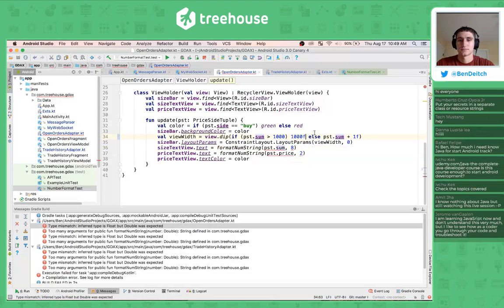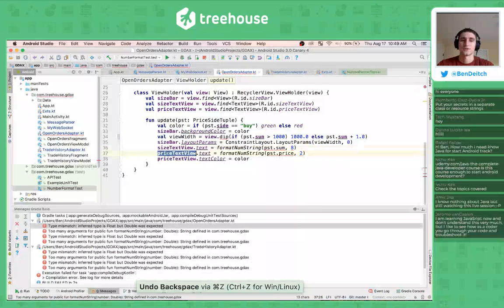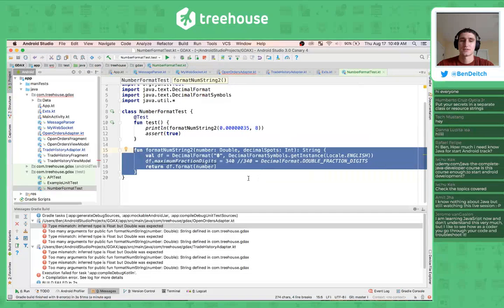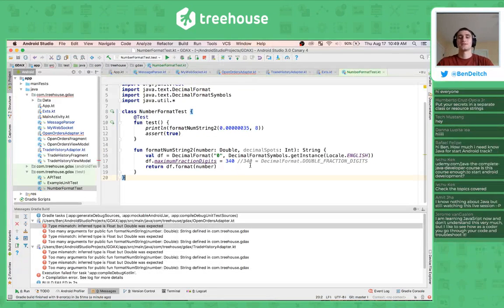So view width, 0.0 to make it a double. Okay, maybe we need to keep this function around because it works for the price text view. Yeah. Okay, we might need to use more than one function here. So that solves us for